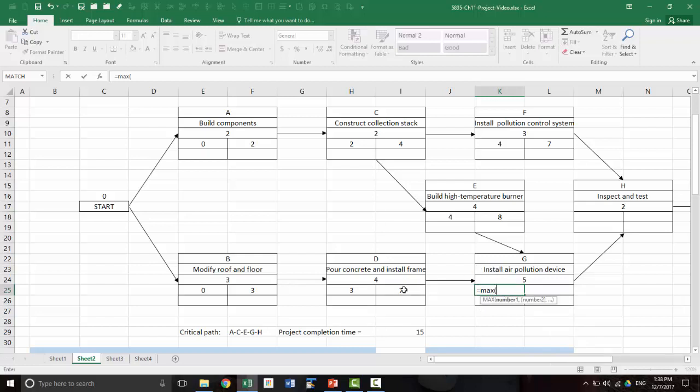So the earliest D can finish and the earliest E can finish, and the larger of the two is when G can begin, because that's when both D and E would have been done. So I have to use the max function there. Okay, so center that. Now copy that for finish time. Okay, so now everything,